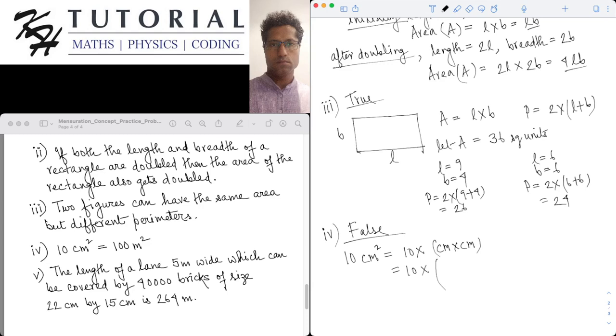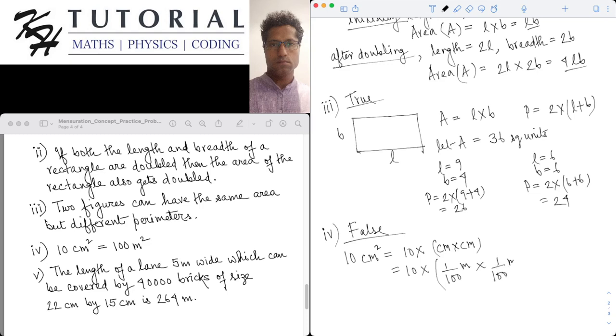What is 1 centimeter multiplied by 1 centimeter multiplied by 1 centimeter? Now, what is a centimeter in meters? How many meters is 1 centimeter? It is 1 by 100. So I can say 1 centimeter is equal to 1 by 100 meter, and here I have multiplied by another centimeter, which is 1 by